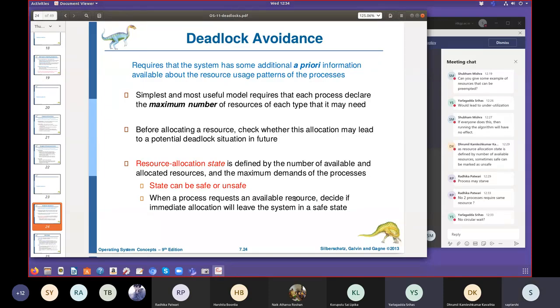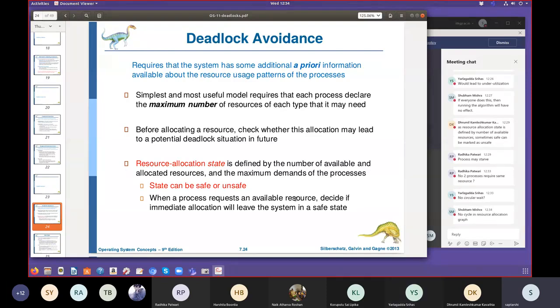Wait. No. See again, wait. As I said, suppose there is only one instance of a resource R1. Then if one process is already holding it, of course, there is no question of allocating it to someone else. So that's not the idea. The thing is, there are, let's say, some free instances of a resource. Even then, whether it would be allocated right now or not, that is what we are saying. So, okay, Srihash is saying no circular wait. Shubham is saying no cycle in the resource allocation graph. Fine, but again,